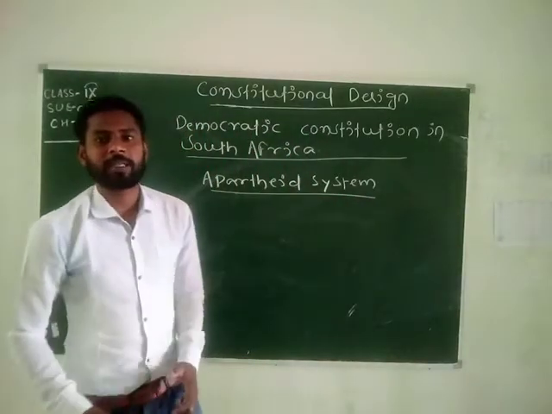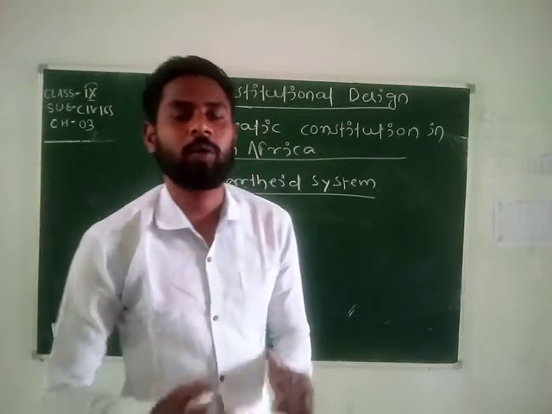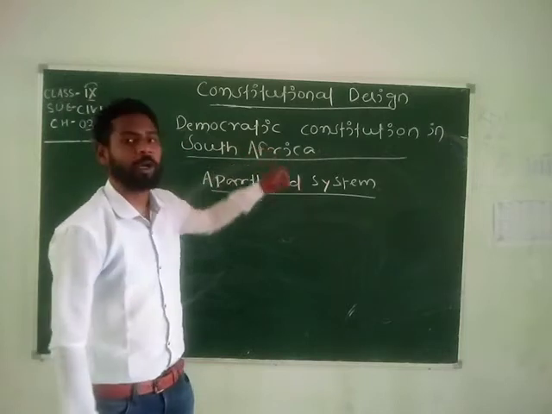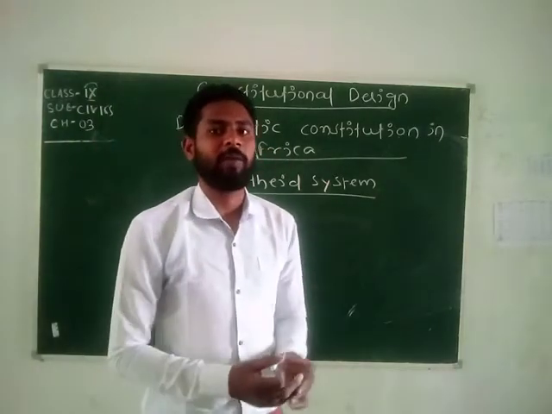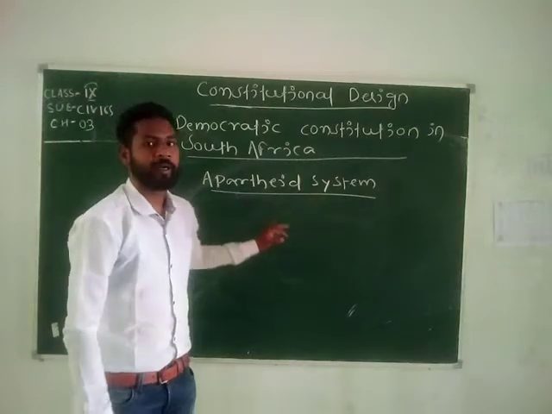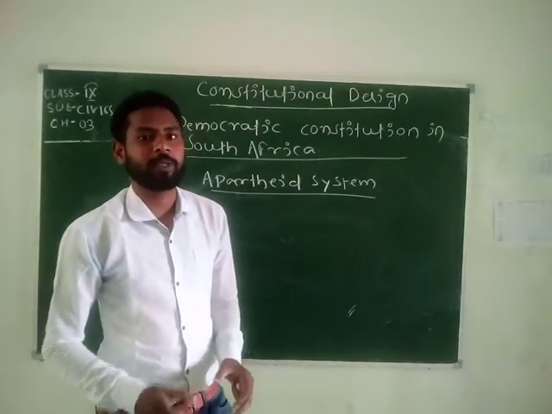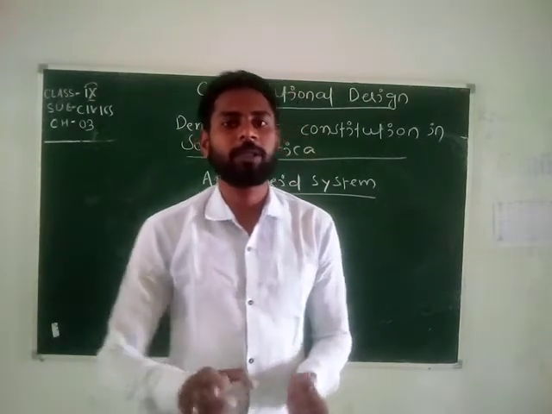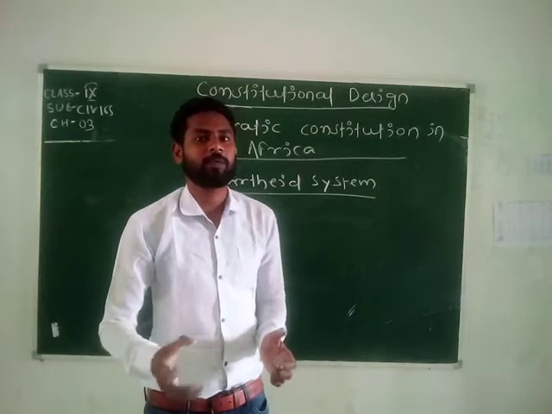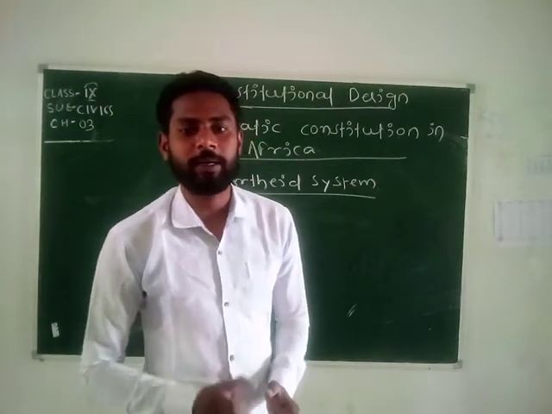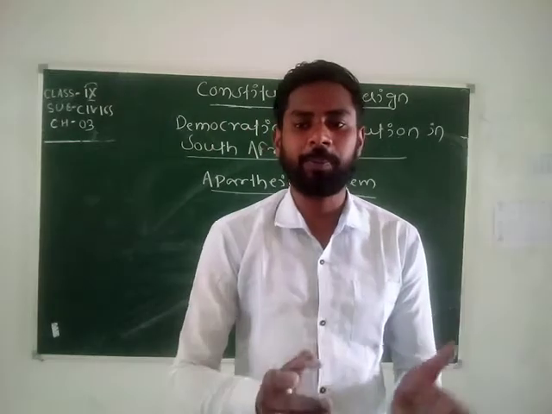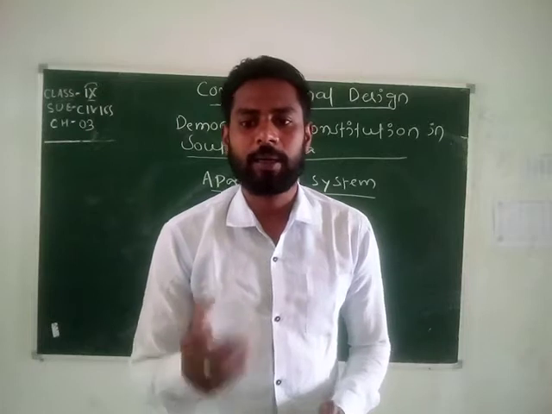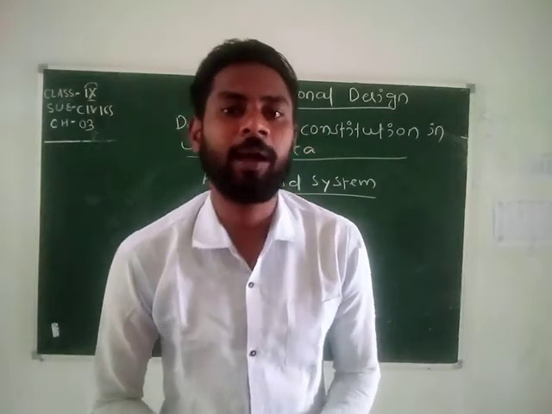In the beginning the white people totally ruled over South Africa. There was no place for a democratic constitution in South Africa, because of the apartheid system, which took place between the white people and black people. So what were the major policies, or you can say the major systems, that took place in the apartheid system? The non-whites, or you can say the black people, were forbidden from living in white areas. They could work there only if they had a permit.